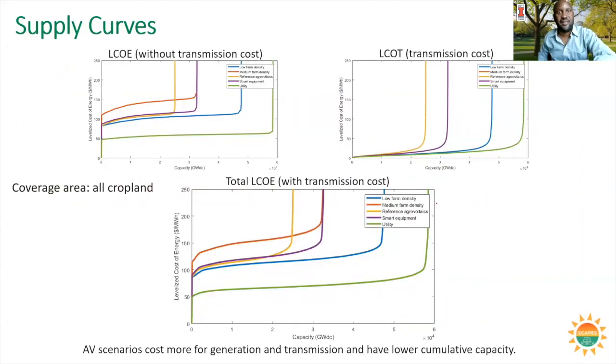And that leads me to another slide. I won't spend too much time on this. All I want to say is this is a supply curve, because we want to identify the cost of meeting the solar energy targets. Remember, I mentioned the 1,600 gigawatts of energy by 2050, the cost of doing that, and which areas would contribute to doing that. So we have a supply curve for that. On the x-axis is capacity generation,